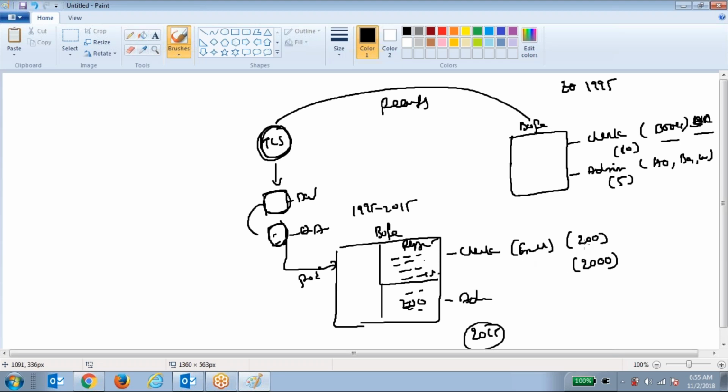Initially, how many customers were opening accounts? 200 customers. Those 200 customers were handled successfully by the clerk. But nowadays, how many customers are opening? 2,000 customers. So this clerk cannot handle 2,000 customers in a day. Yes or no? Yes. And the administrator: initially, the administrator could process 200 checkbook requests, but now around 10,000 checkbook requests are coming every day. The administrator cannot handle this, because